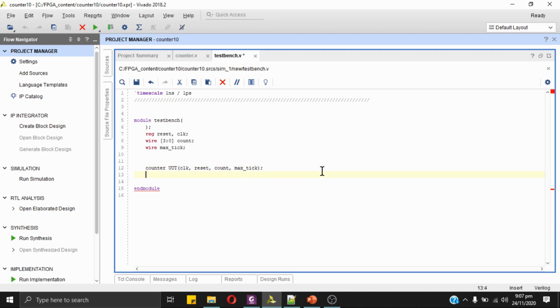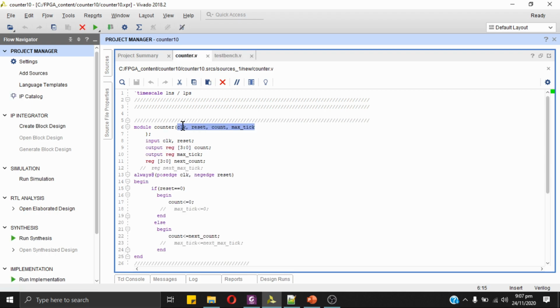So I'm using a port connection rule which follows the order. The order should be the same: clock, reset, count, and max tick, and here clock, reset, count, and max tick. So the order should be the same. I am using this method in which the order is followed.